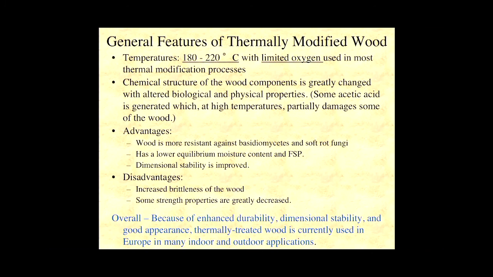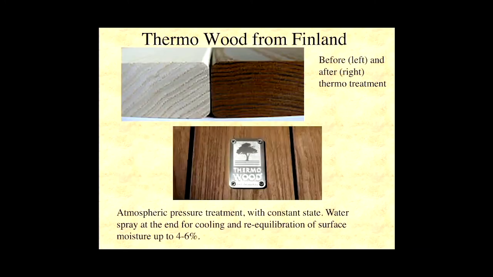Another excellent question. Enhanced durability, dimensional stability, and good appearance. People, if you like that color change, which is this, that's a piece of, this is a finish treatment system, Thermo Wood. This is the regular wood, the untreated wood, and that's the brown color. You get different shades. I haven't seen it in real life, but I've seen some ads in like JLC and stuff of alternatives to pressure treated. Right.